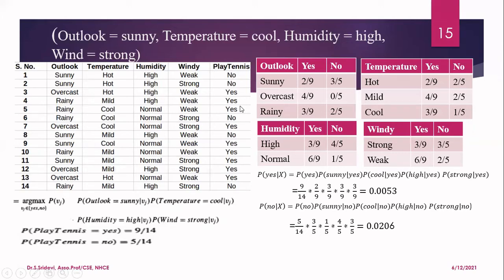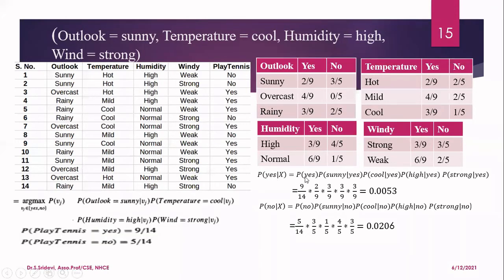Now you have to apply Bayes theorem. That is, the naive Bayes classifier formula will be applied now. In the outcome, we have two different classes, yes and no. So now you predict the probability of getting yes for the given instance X. X is the given instance, the testing sample. Only for this we are going to apply. For every testing sample, it should be done separately.